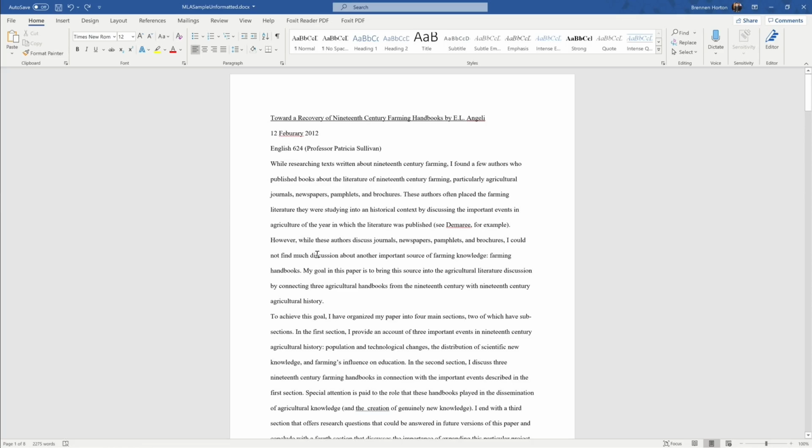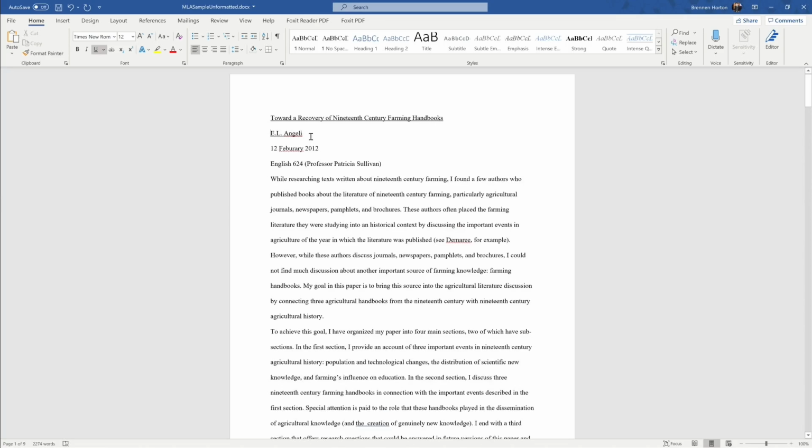Okay. The next thing we want to look at is going to be our paragraph headers. So the first one we would look at would actually be our title here. So the title of this essay is Toward a Recovery of 19th Century Farming Handbooks. And then the author's name is actually not going to be part of that, so we want to separate it. So first we separate the name. Next,